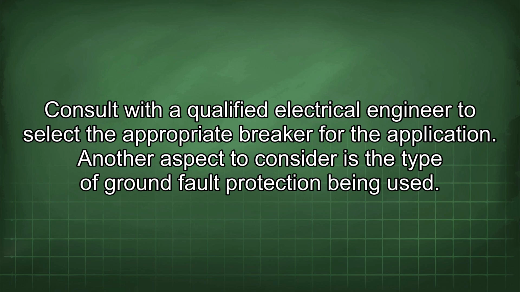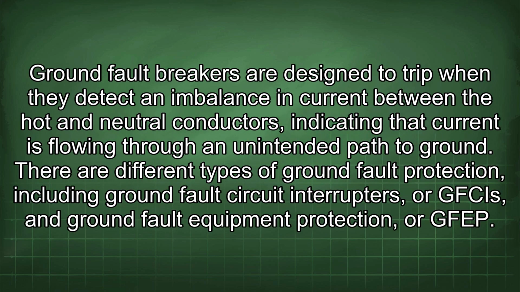Another aspect to consider is the type of ground fault protection being used. Ground fault breakers are designed to trip when they detect an imbalance in current between the hot and neutral conductors, indicating that current is flowing through an unintended path to ground. There are different types of ground fault protection, including ground fault circuit interrupters, or GFCIs, and ground fault equipment protection,